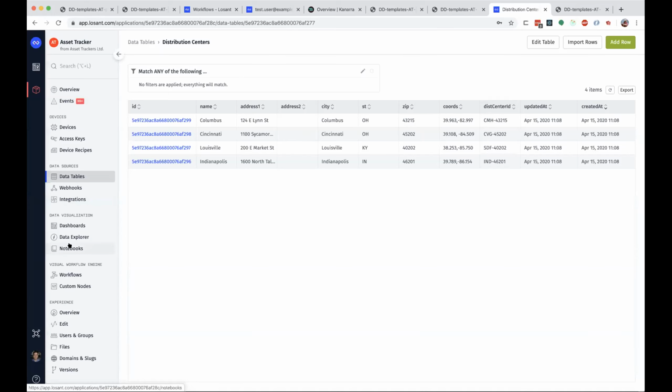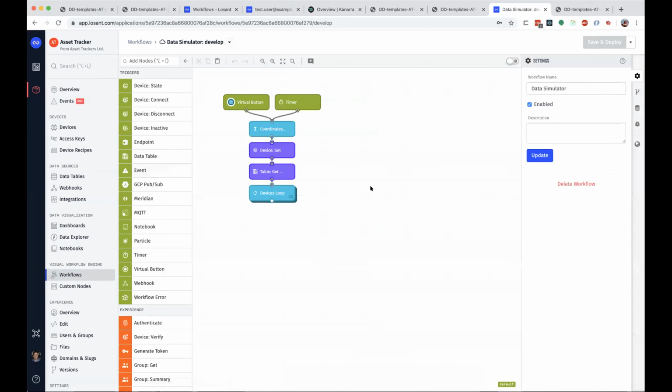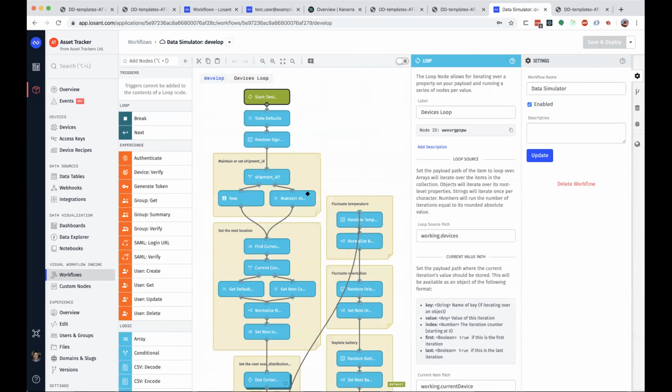We've got 2 application workflows. Those are the ones that we enabled when we first kicked off our new application. I'm going to start in the data simulator. Now, there's a lot going on here. I'm not going to touch on too much of it. Just to give you a quick flyby, the way the data generator works is we're going to get all the devices in our application that match that device tag we saw earlier. And for each of those devices,